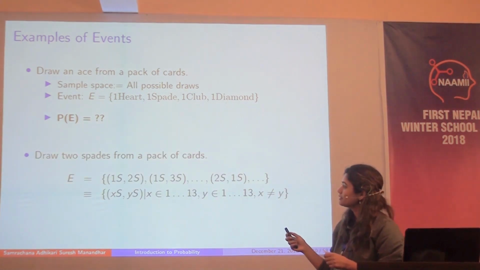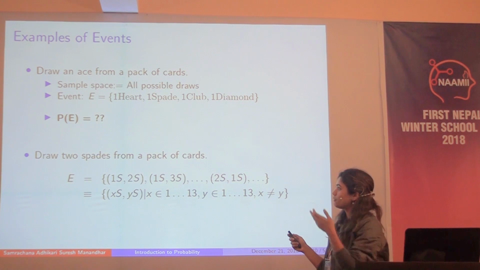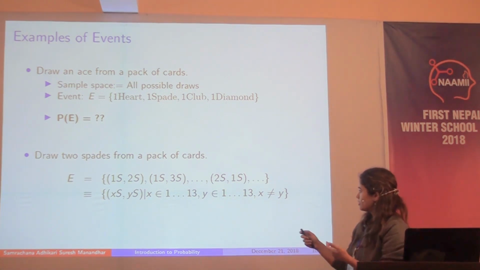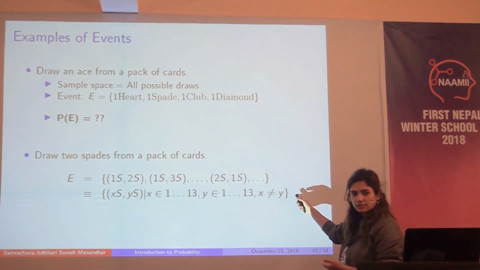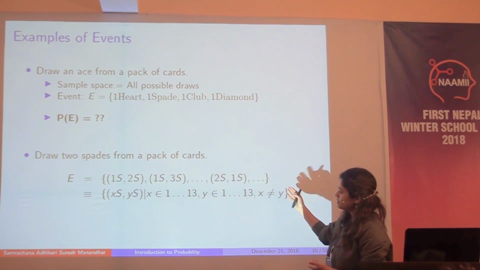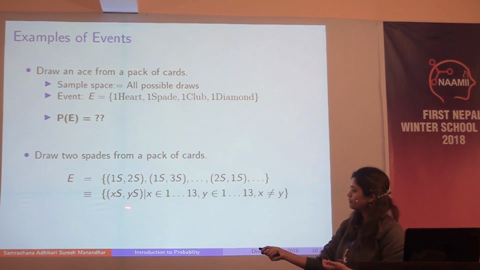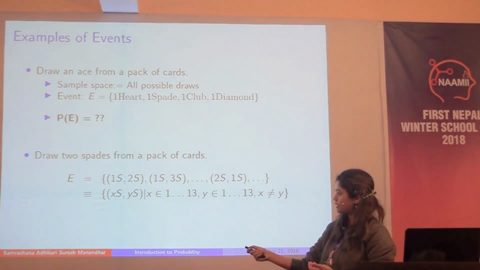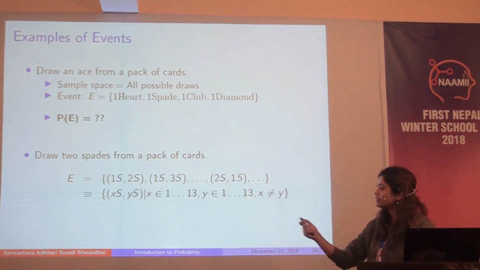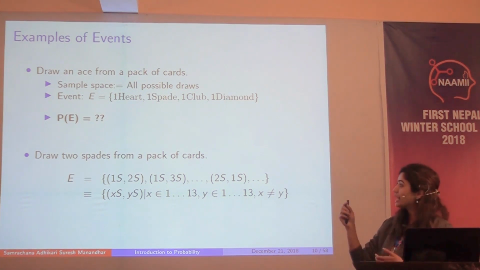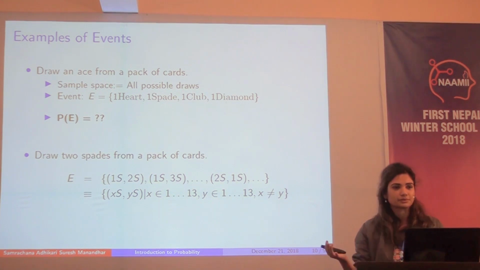We can also talk about getting 2 spades from a pack of 52 cards. So now the possibilities for this event are larger, right? There could be ace of spades and 2 of spades, ace of spades and 3 of spades, and so on. So you'll have a bigger set for this event. And you can also represent that in a functional form, x of spades and y of spades, where x ranges from 1 to king, and y ranges from 1 to king. And then we can use similar ideas to count the size of the event. We know the size of the sample space, and we can compute probability.